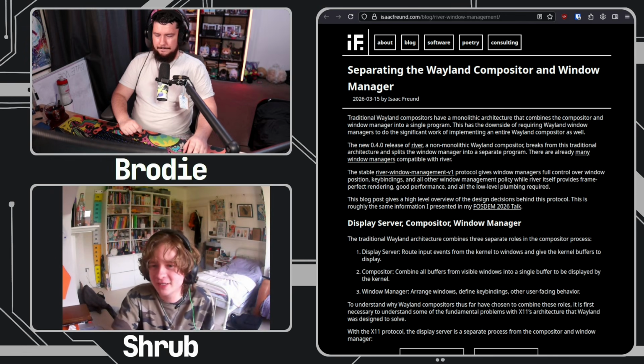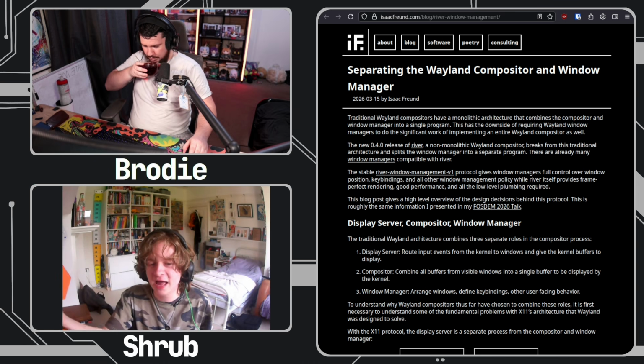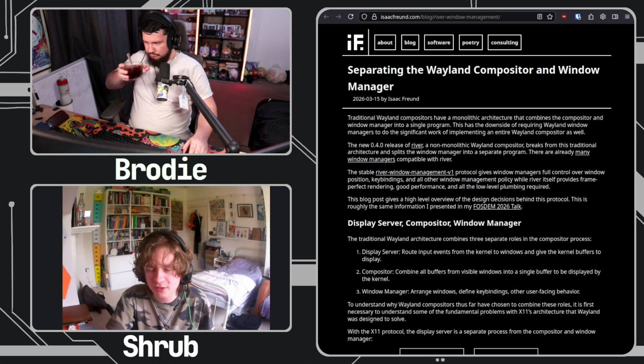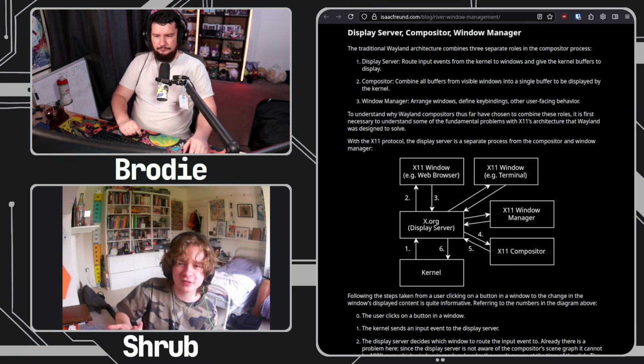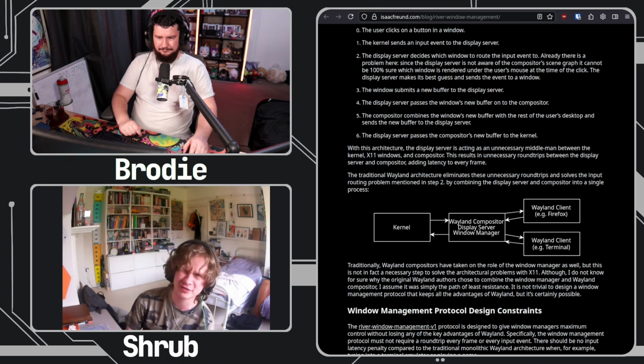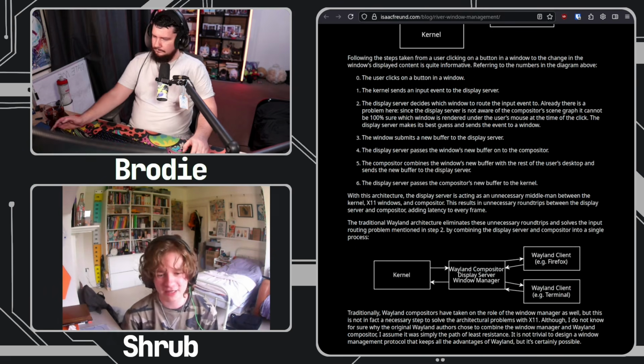Are you aware of the work that River is doing with separating out the Wayland compositing from the window management? I think it's actually a really cool project. I wanted to make a River compatible compositor that takes River window managers and works, but instead of using wlroots and Zig, do it on SWC with C. And I think that would be really cool because obviously I can't use River in my system, because I don't have a Zig compiler, and I'm yet to compile wlroots. So if I could get something like that, because I think it's a really good idea and well designed, what they've done. I'm a fan of River, yeah.